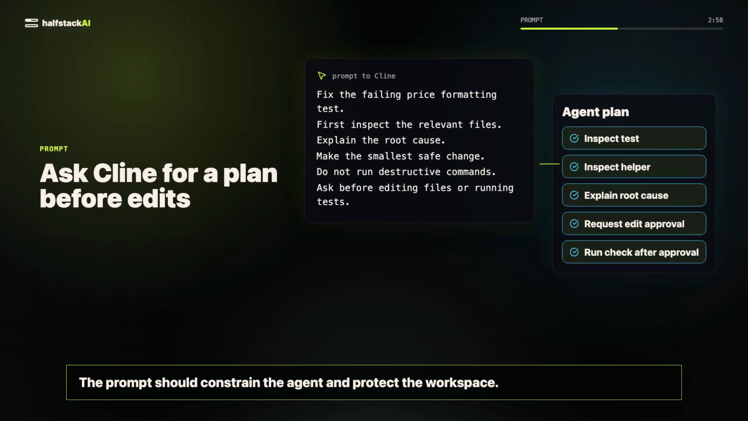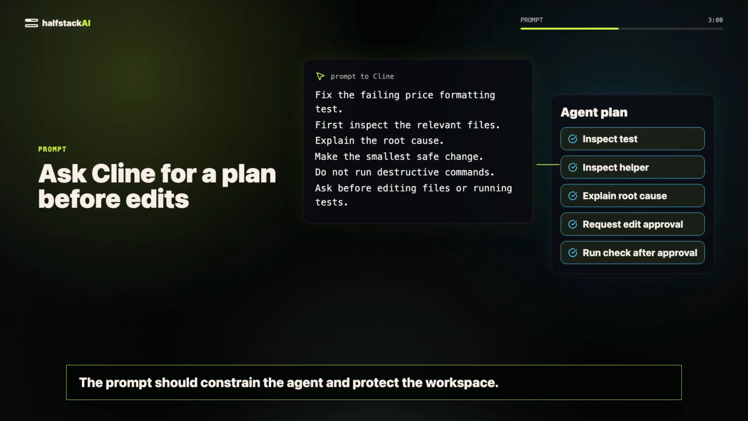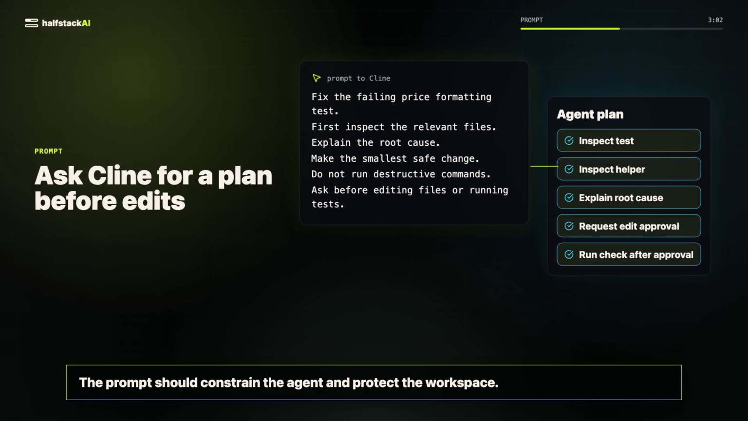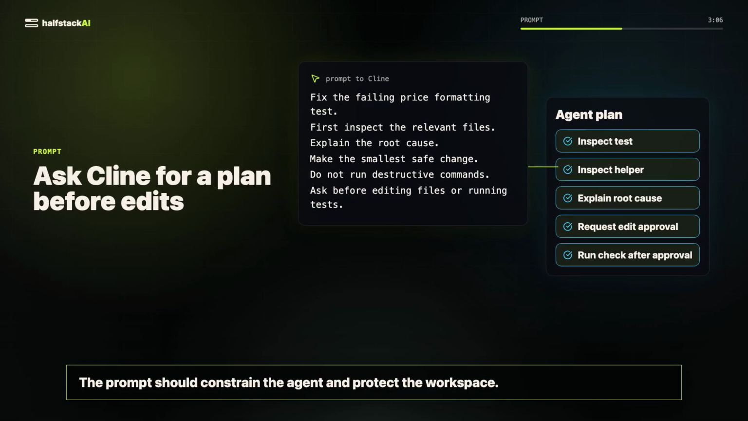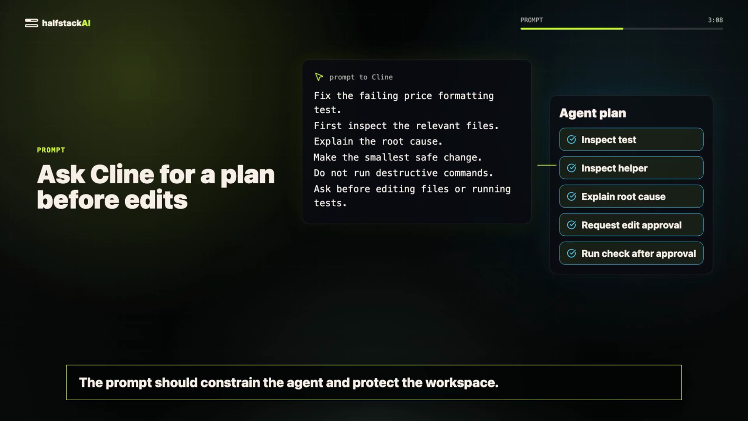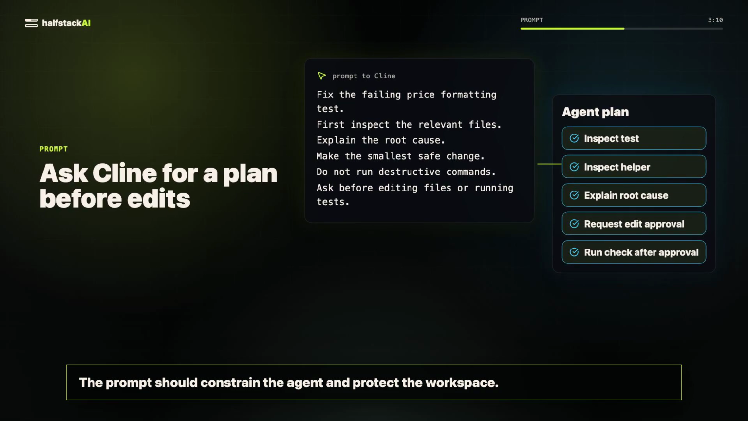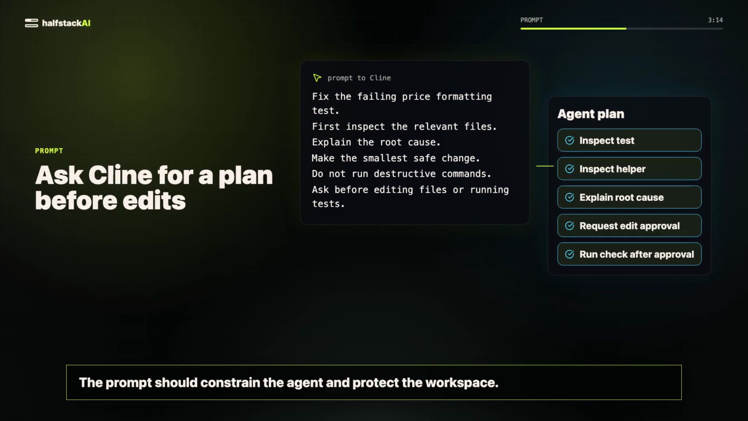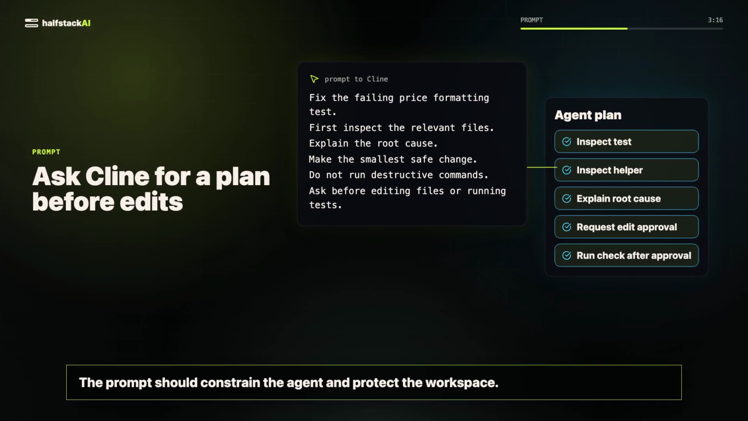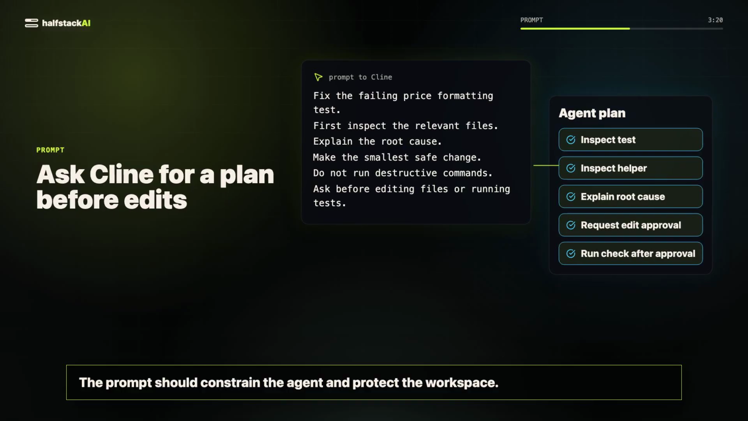When Cline proposes a plan, read it. If it wants to scan unrelated folders, say no. If it identifies the helper and the test, approve the file read. After the file read, look for the reasoning. In this demo, the correct path is simple. Inspect the test, inspect the helper, identify that the number is converted to a string without fixed decimals, and patch only that helper. If Cline starts inventing a new formatter library, changing the test, or editing unrelated files, stop it